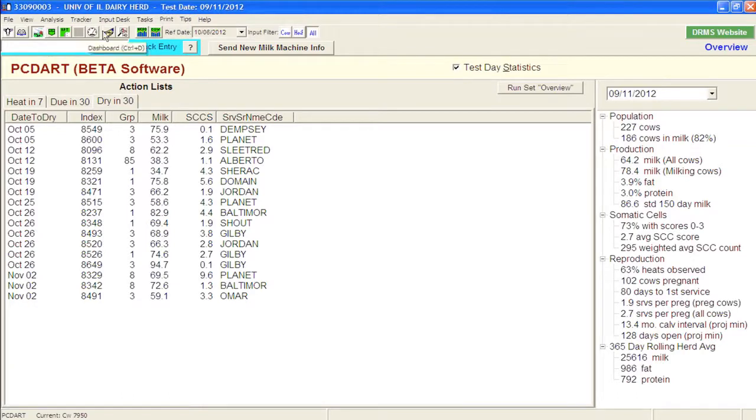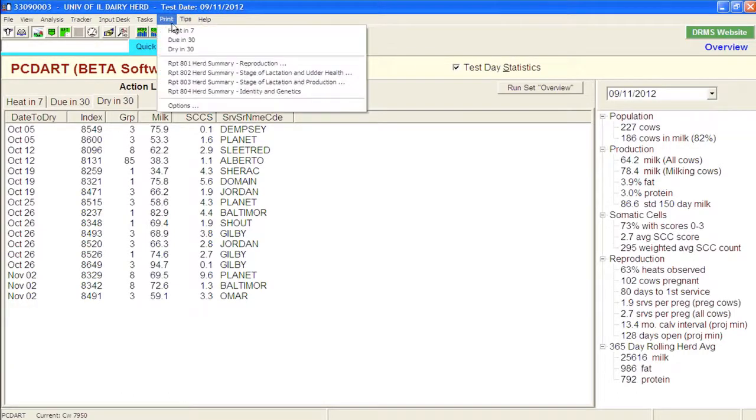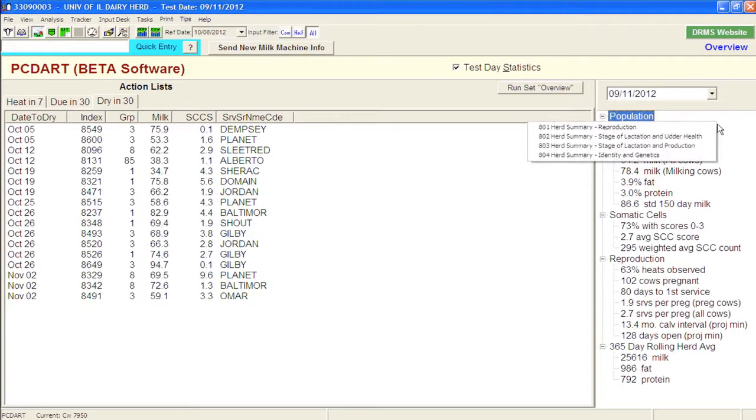And the place that we first can look at that again in PCDART is if we start up with the overview screen and we hit the print report, you can see that there is an 801 herd summary on reproduction. Another way we can get that information is right-click over here in the right window, and